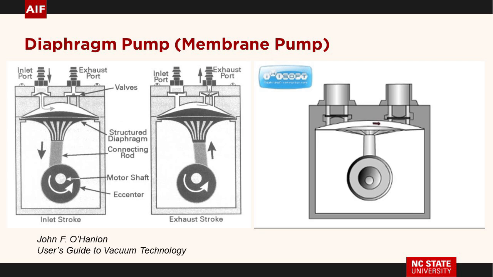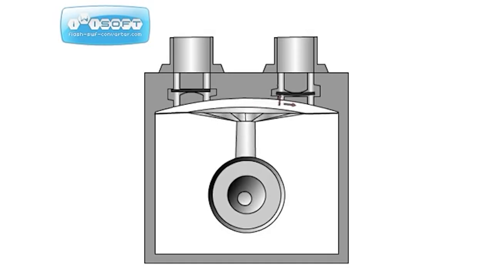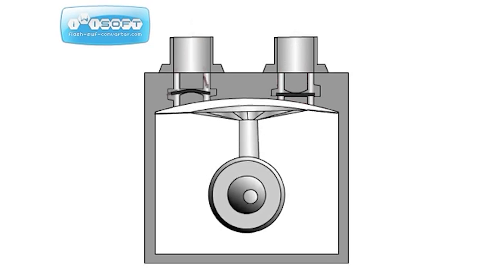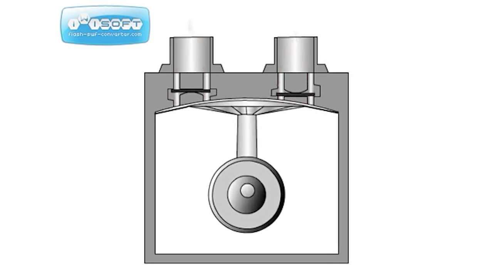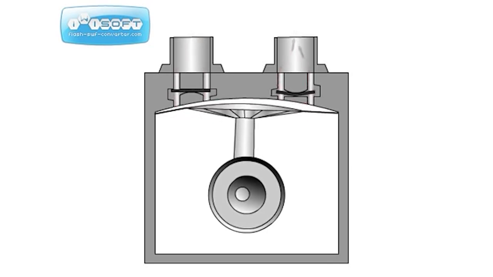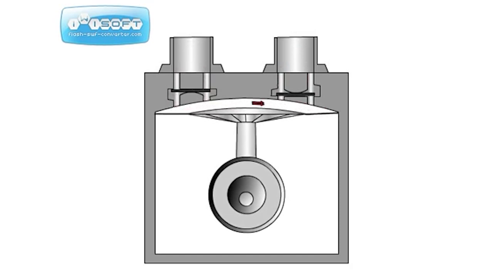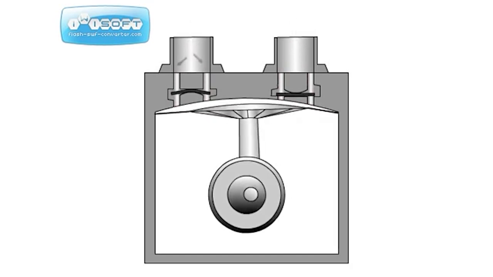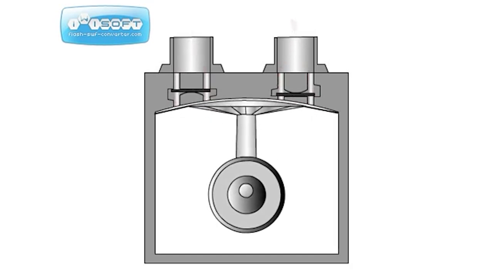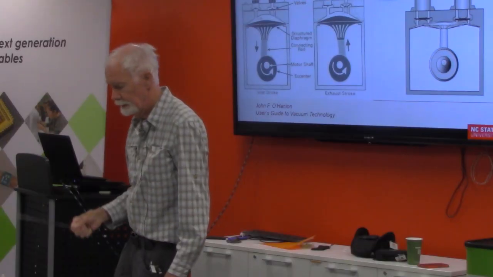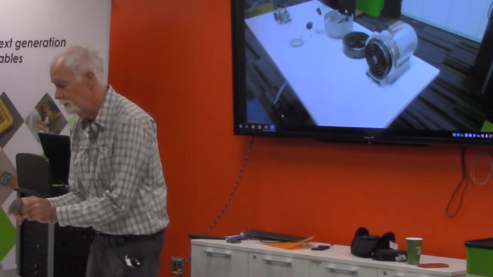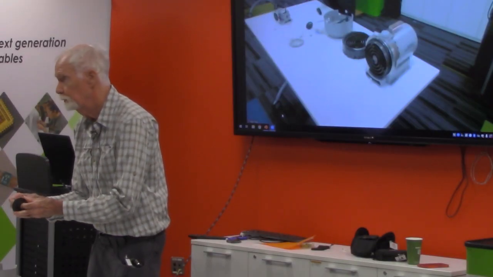One is a diaphragm pump. A couple little valves here and a little rubber thingy. If you've got a fish tank, for example, it'll be a little diaphragm pump. And that's all it is. It's a little piece of rubber. Just goes